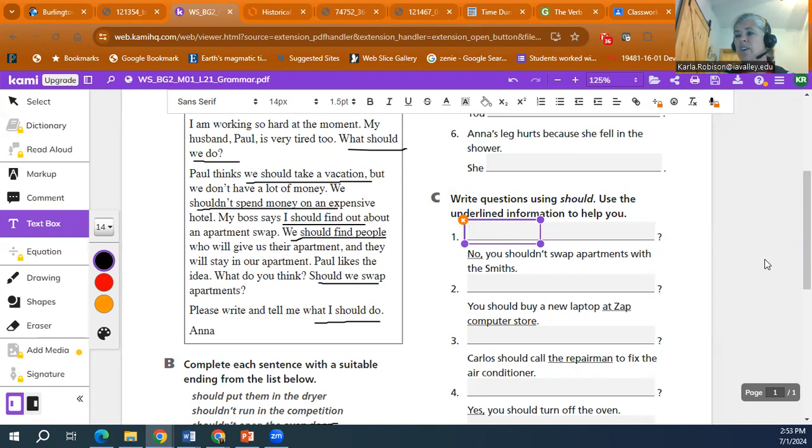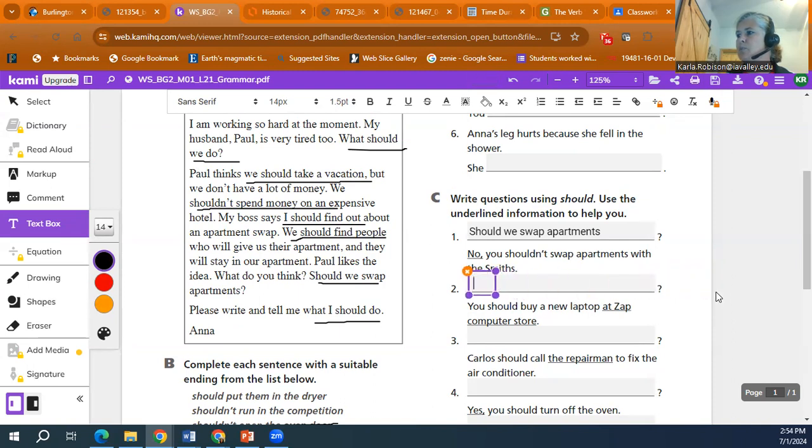Okay, so they're asking a yes or no question. Since they asked a yes or no question, I'm going to start the question with should. Should we swap apartments? No, you shouldn't swap apartments with the Smiths. Okay,